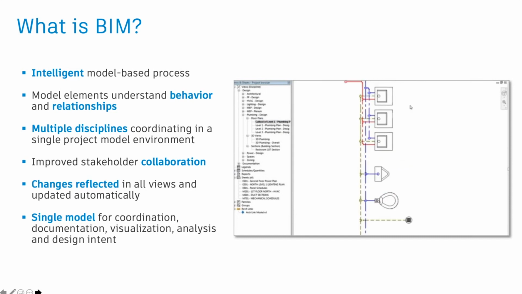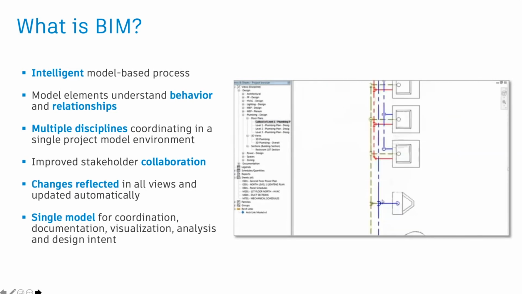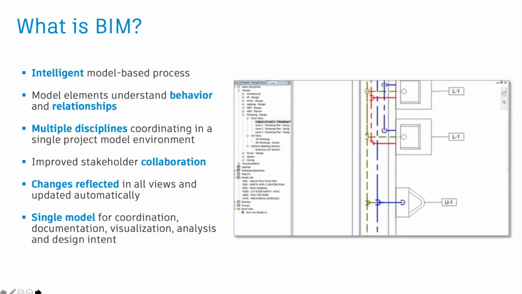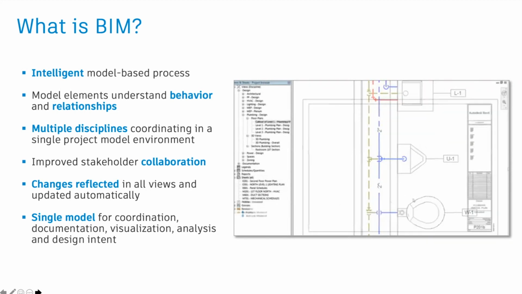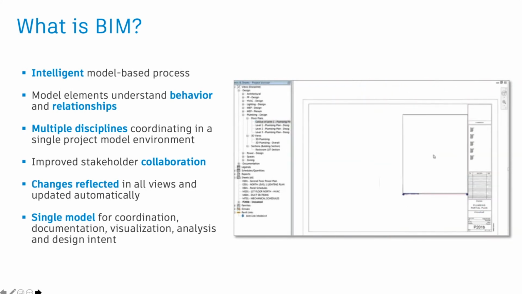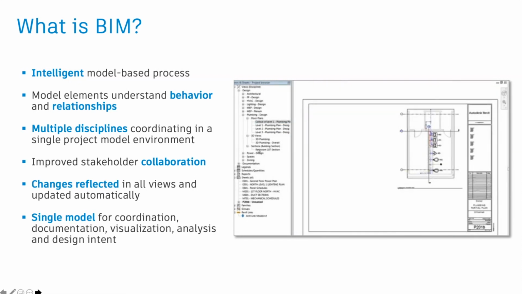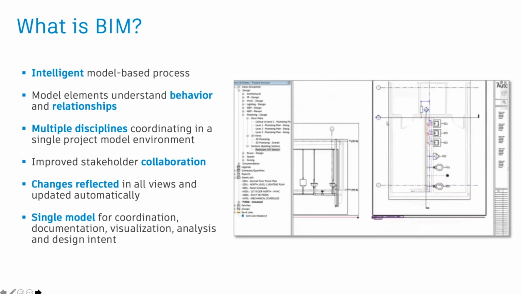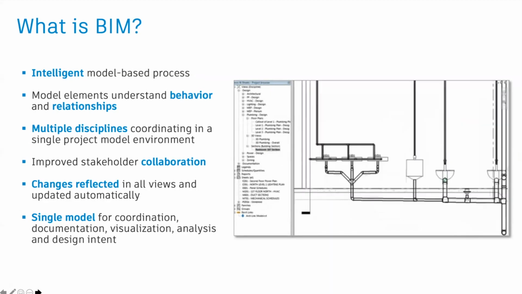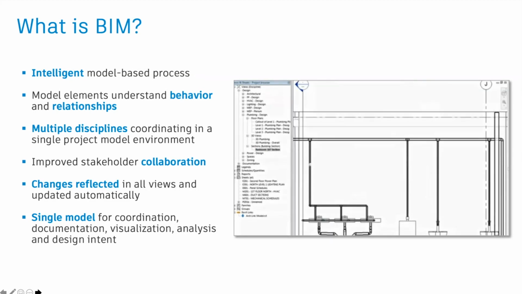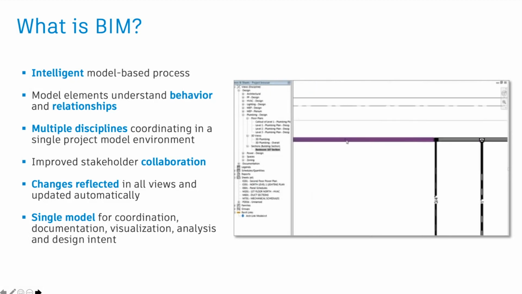That level of understanding of behavior and of relationship and fit, form and function is what we get from BIM. Grills know that they live in the ceiling, toilets hang off walls. And so that really changes how we start to interact with the model. And it goes beyond just being a documentation tool. You can see that the same model can be used in many representations.